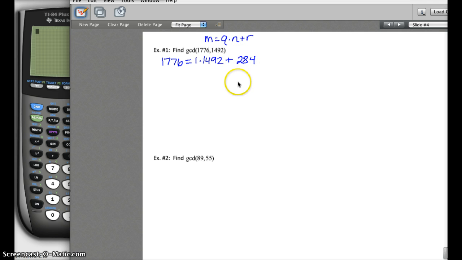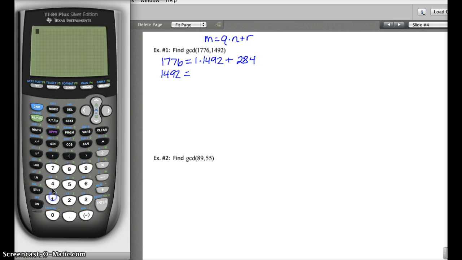284. Based on the theorem that we saw before and using the Euclidean algorithm, the idea is that the GCD of 1776 and 1492 is going to be equal to the GCD of 1492 and 284, slightly smaller numbers for us to work with. So I'm going to take this 1492 and bring it down. I now want to find the quotient for 1492 and 284. So if we come over to our calculator,